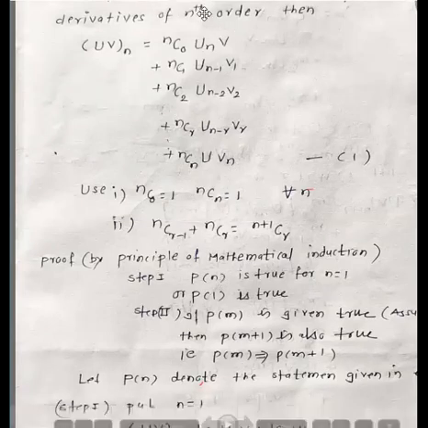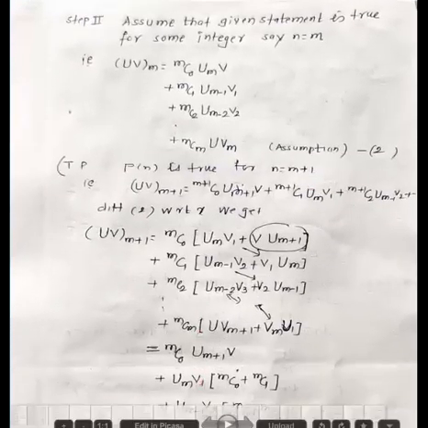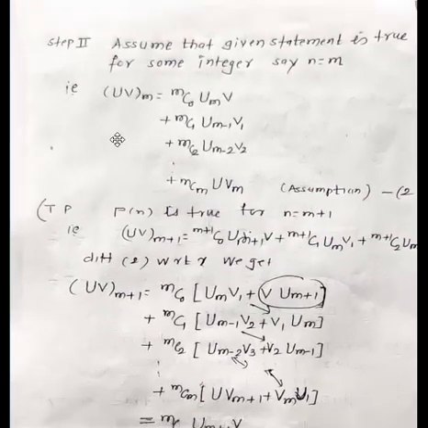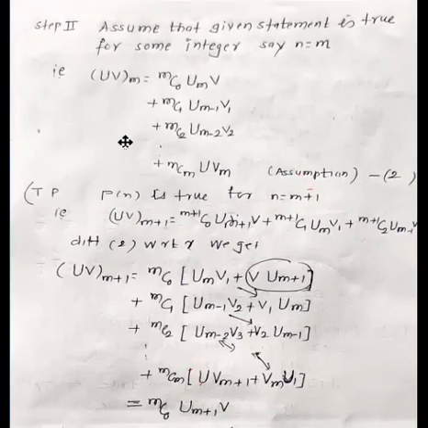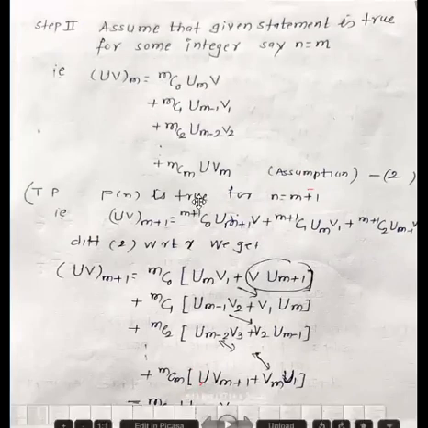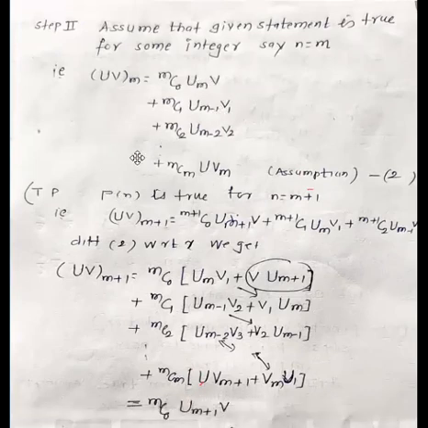So this is true. That the mth derivative is given by this expression is true. This is our assumption, right? So we have assumed that the statement is true for n equal to m. That means here we write mC0, mC1, mC2 up to mCm. This is the expression when we put n equal to m. The first suffix is m minus 1, m minus 2 up to 0, and the suffixes for v are v1, v2 up to vm. So we assume that the mth derivative is given by this statement. This is our assumption, or it is called the hypothesis.